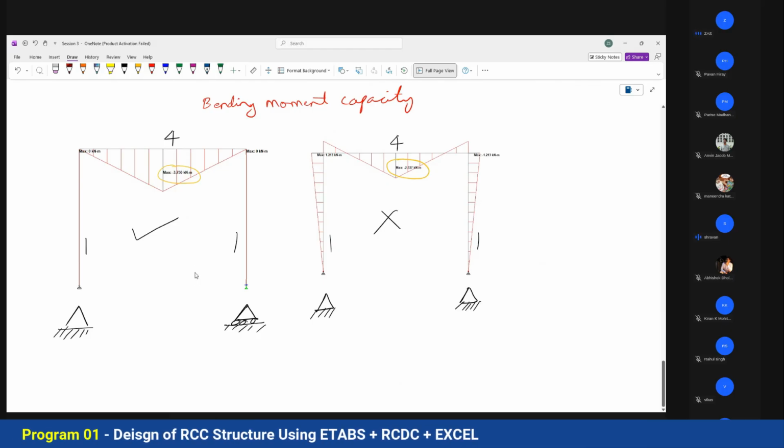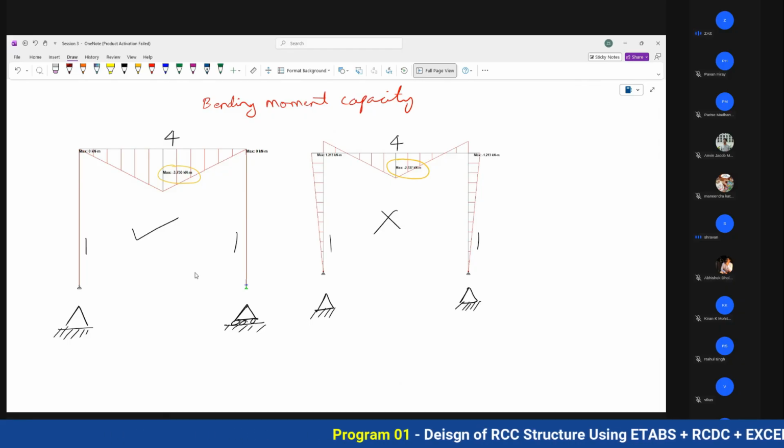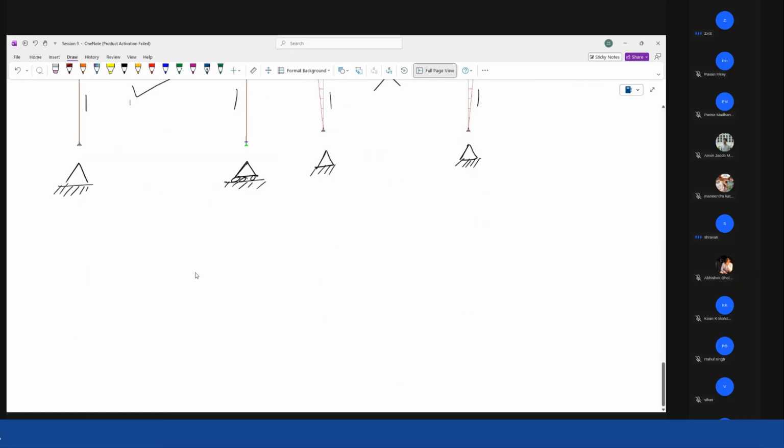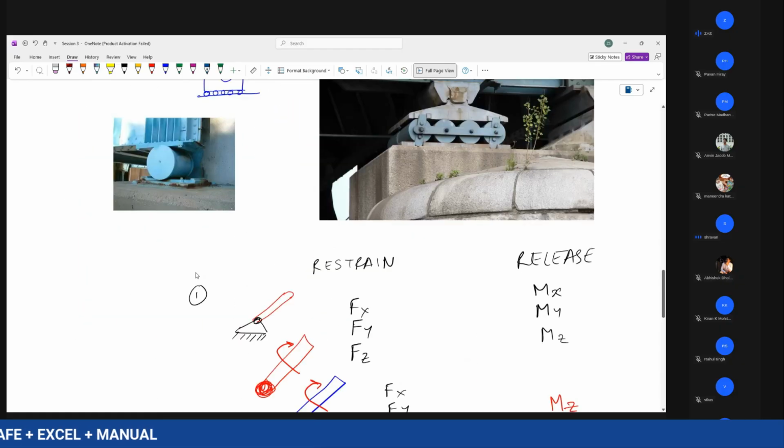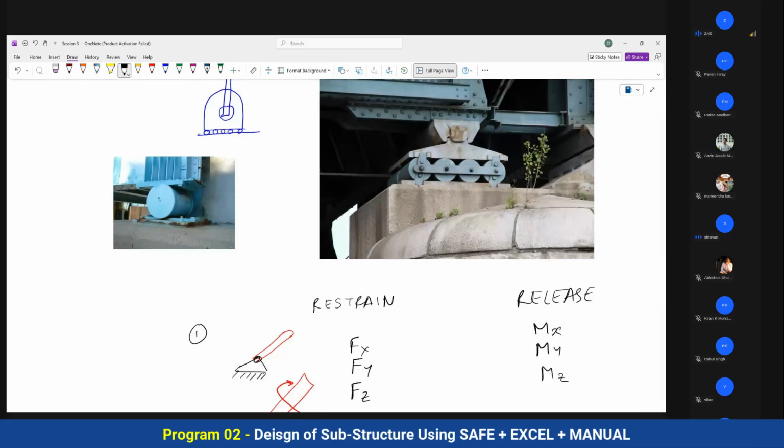Sir, I have one small question. Can I ask? Yes, yes. Shravan Kumar. Yes. In a 3D space frame, when we have a roller support in the minor direction, we should release, right? Yes. Here you can see this is a roller support. In this real example, you will release your